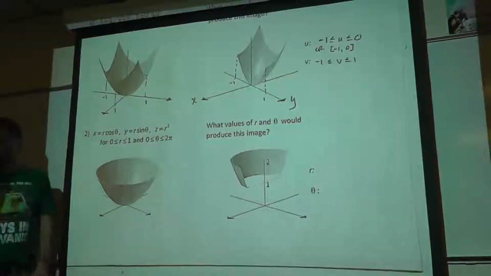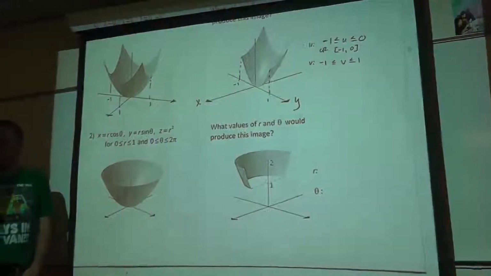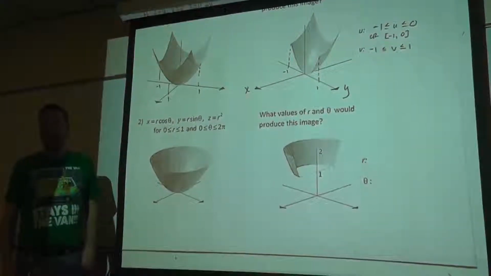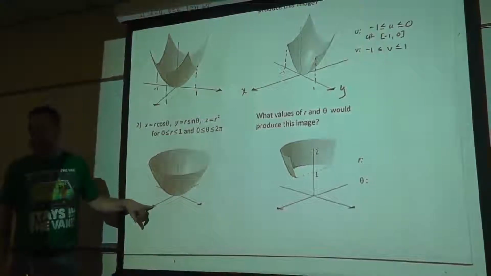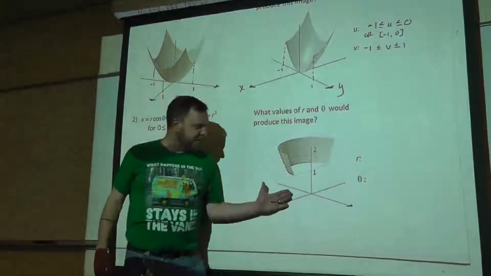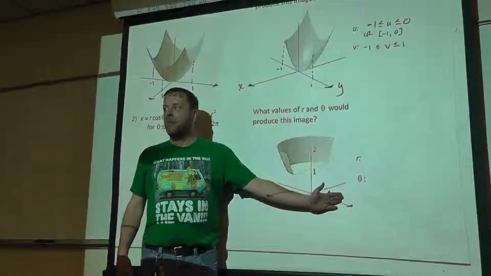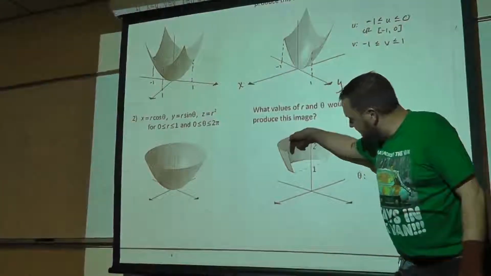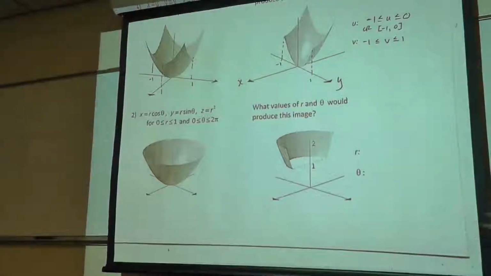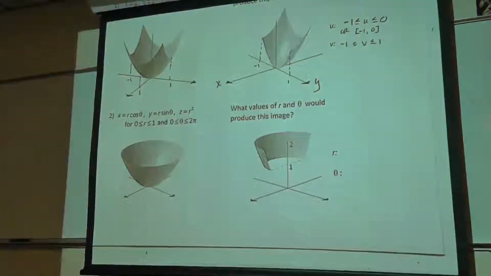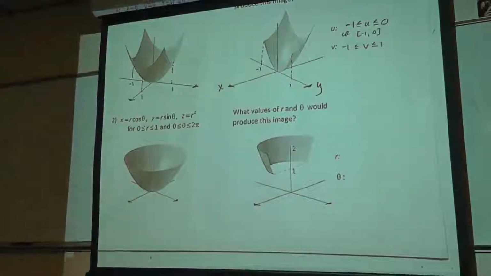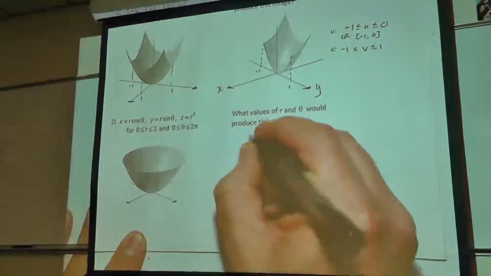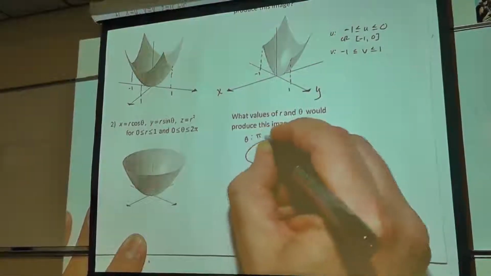For this one, let me check. I don't think it's actually going to be 1 to 2. You've got to be careful. But you do have the pi to 2 pi part, right? Because the positive x-axis is here. So apparently there's nothing in this paraboloid from the 0 to pi part of theta. But you start back here on the negative y-axis and it wraps around this way, so you would want to allow theta to go from pi to 2 pi. Does everybody see how that's true? Just because of the amount of rotation you've got right there. Here to here, that's your theta, going from pi to 2 pi.